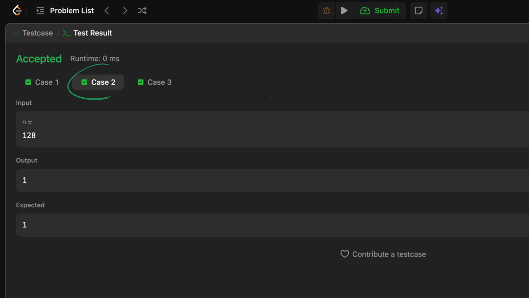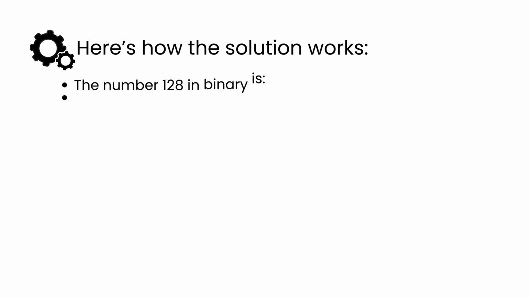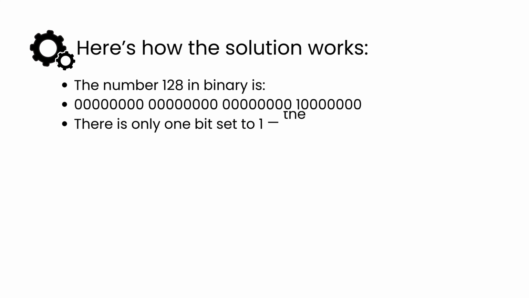Test case 2. Let's test our function using this input, 128. This number represents a 32-bit integer whose binary pattern we want to analyze. Our goal is to count how many bits in that pattern are set to 1. Here's why the solution works. The number 128 in binary is